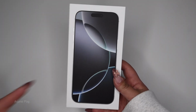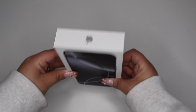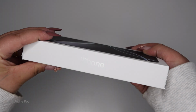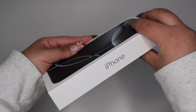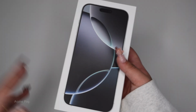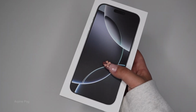On the front of the box, we have the iPhone 16 Pro Max front screen. On the top and bottom of the box, we have the Apple logo. On the left side, as well as the right side, we have iPhone written. And this is usually how the boxes are all the time. I just go through it just in case you guys want to see the little details of the phone itself